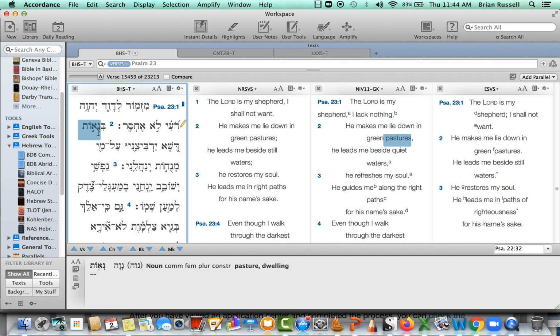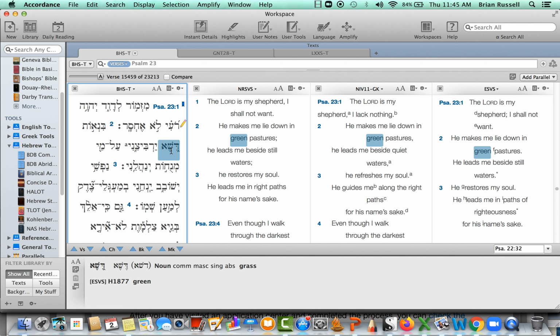If you look that up in 4.1, go to the back. This is pretty obvious. This is one of the very first of the categories in 4.1. This is going to be an example of a bet, a spatial bet. It's the first one. The verb is going to have something to do with lying down, and it shows where am I lying down? In what? Pastures of green, in pastures of grass, right? Okay, so the force of that prepositional phrase is